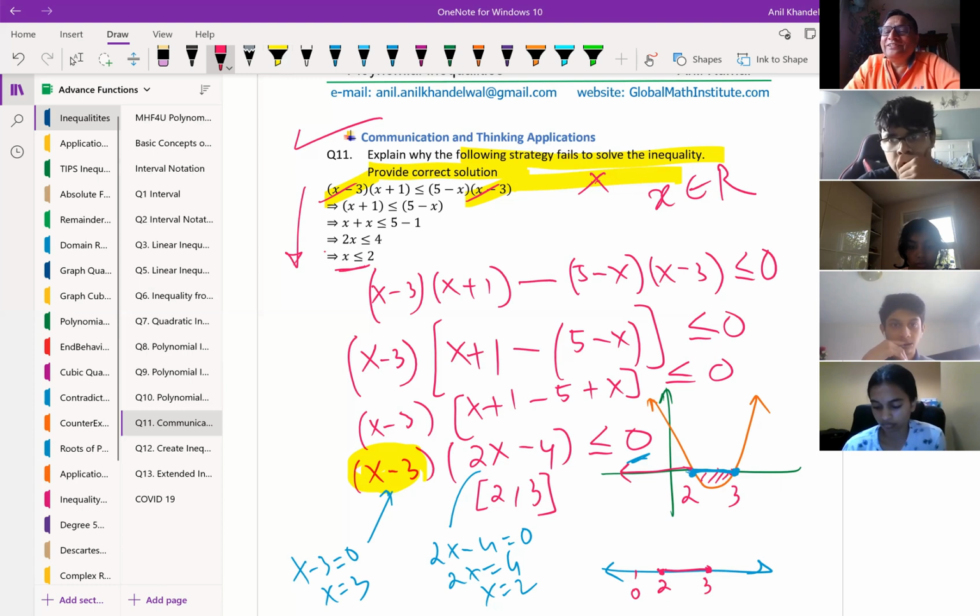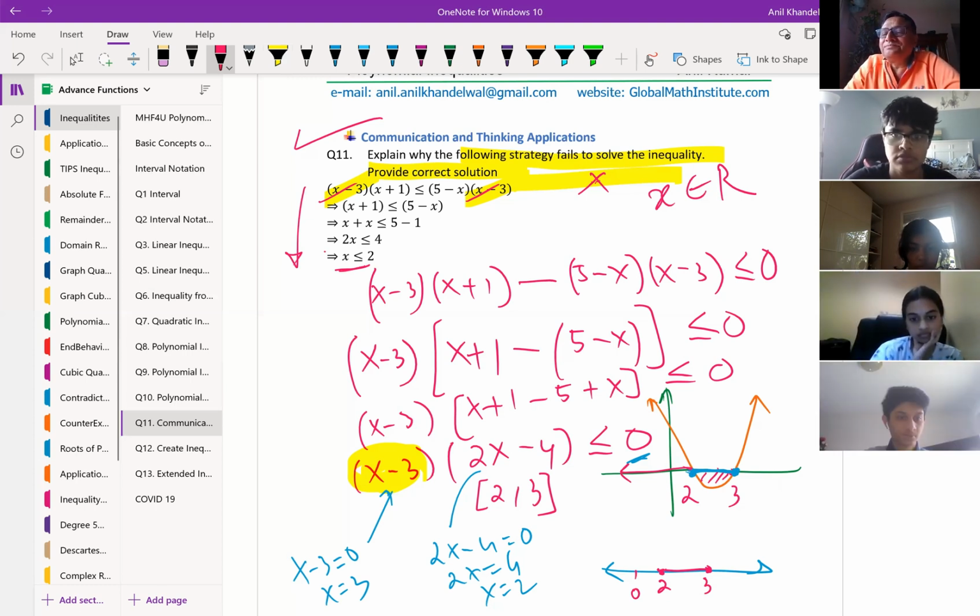You never change the inequality sign if it was negative. So you have to be very careful. So bringing it to the left is a safe thing. So safely I've factored it out and I have not actually made a mistake. And I got the right answer. Correct? Very important. Okay. So actually we'll continue with inequality since very less time is left for the rational functions